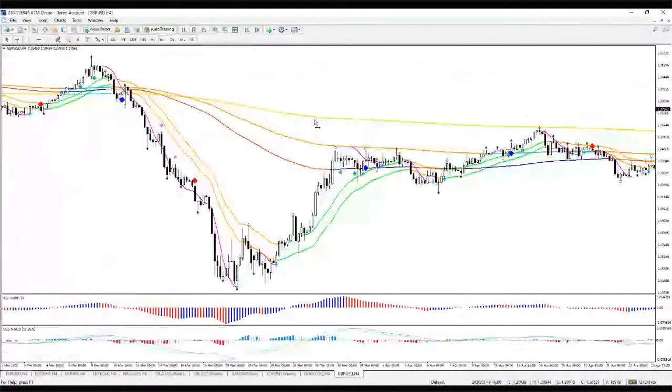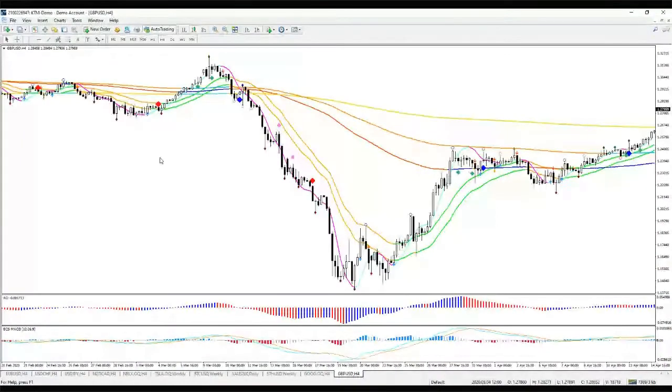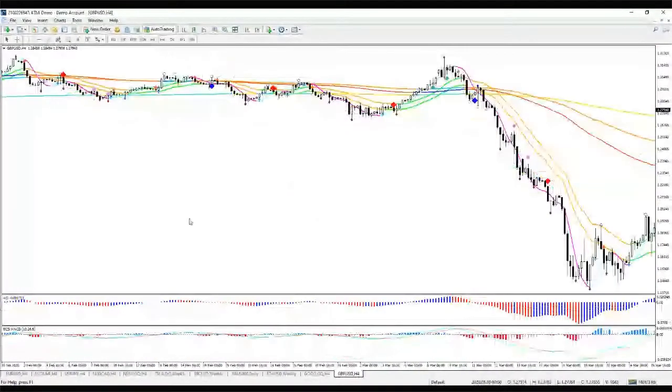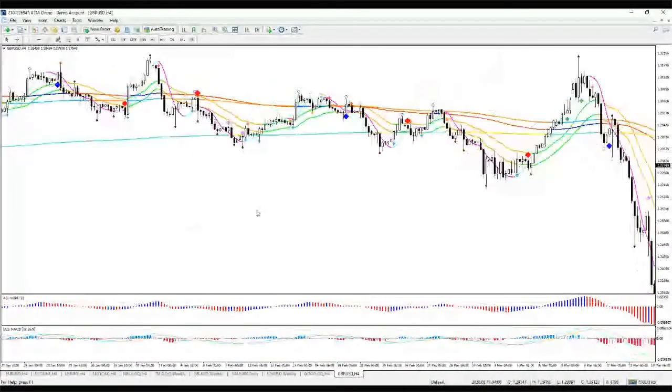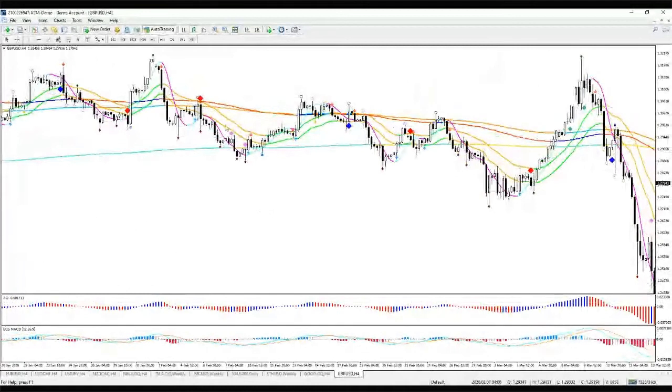So, we can do this on and on and on. I mean, it's not perfect, nothing is, but I get a lot of value out of it. Here you can see fractals at the 144 EMA, price breaking through that, and in this case, a very strong push lower. We're talking about hundreds of pips. This was March, though. This was that big volatility push, so it's not necessarily the standard, but you can see that I think there's some good information to get from fractals at the 144 EMA